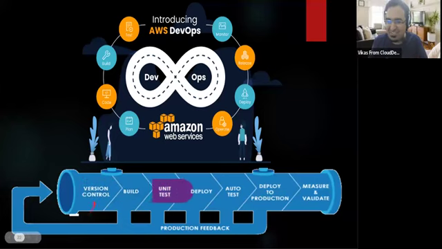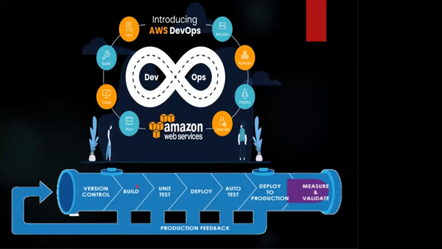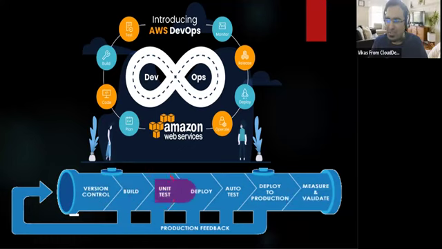Let me give the answer. With the help of Maven, we will build the Java code so that we will get a jar file. Correct? Yes or no? Some unit tests, meaning the developer's testing, should run automatically. It should move to another environment automatically. Some automatic testing should happen, as well as it should get deployed into the production environment automatically.